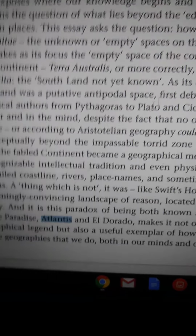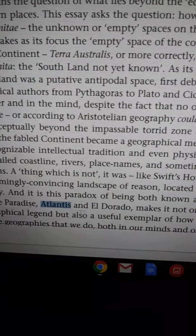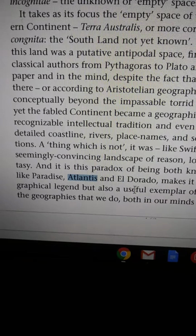Southland, not yet known. We're talking about this paradox of being both known and unknown that, like Paradise, Atlantis, and El Dorado, makes it not only the perfect geographical legend,